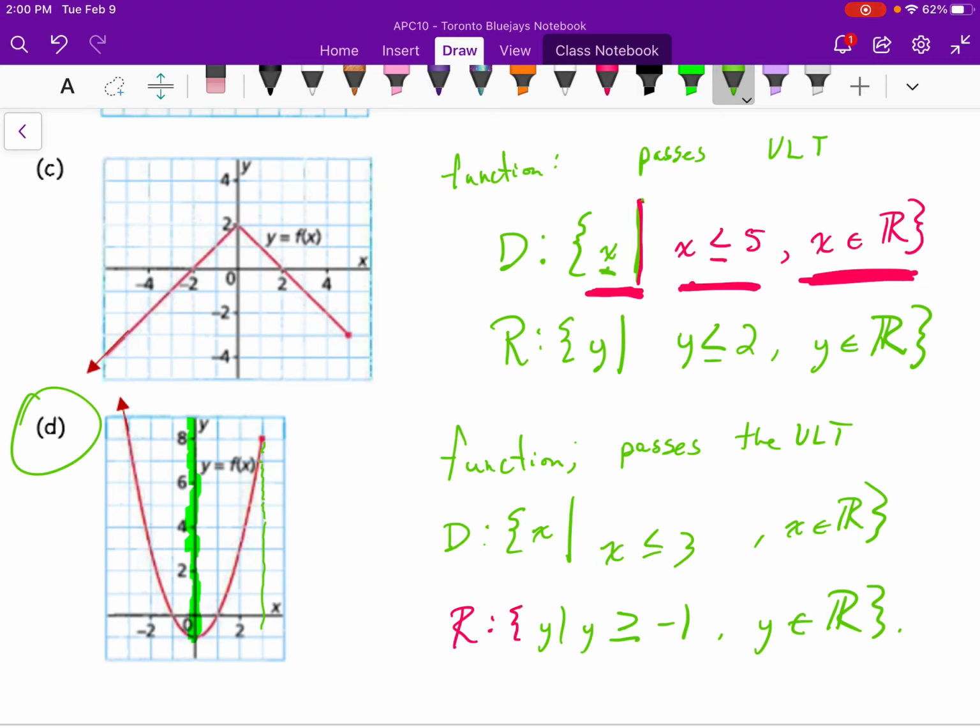This is something that we're going to be working very hard on, domain and range. If you have any questions,